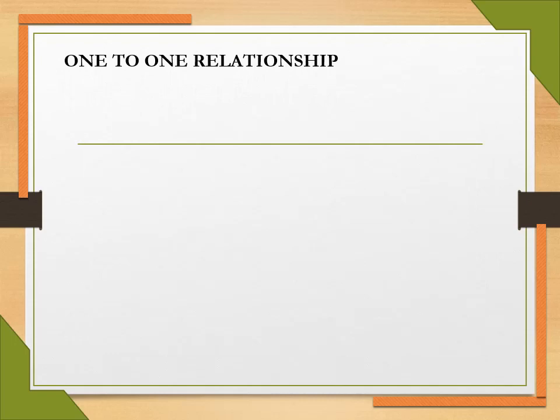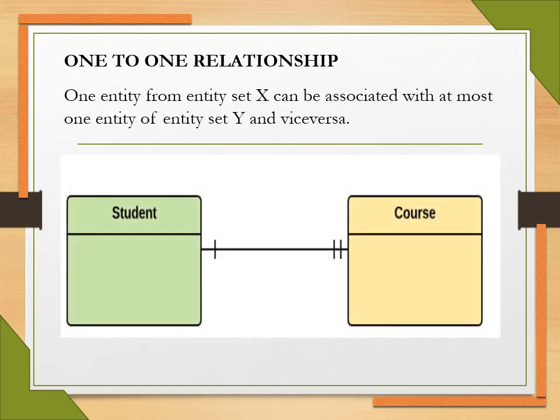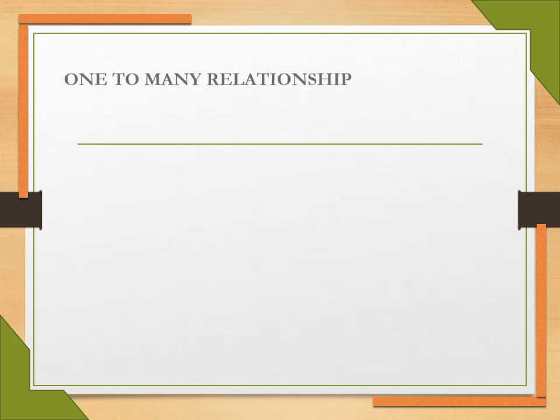What is a one-to-one relationship? One entity from entity set X can be associated with at most one entity of entity set Y and vice versa. Example, one student can register for numerous courses. However, all those courses have a single link back to that one student. So every student has one course. Now in the one-to-many,